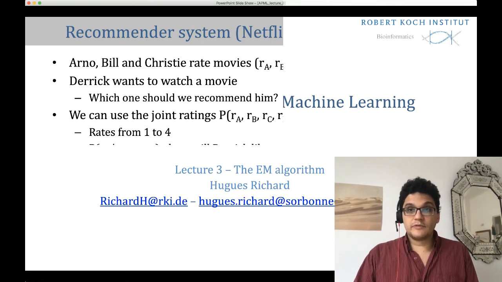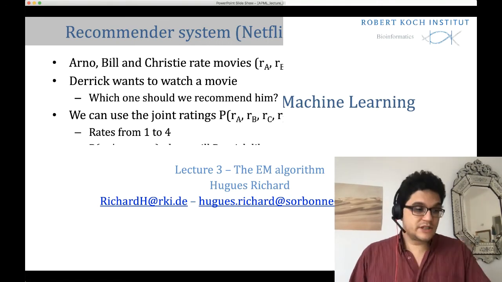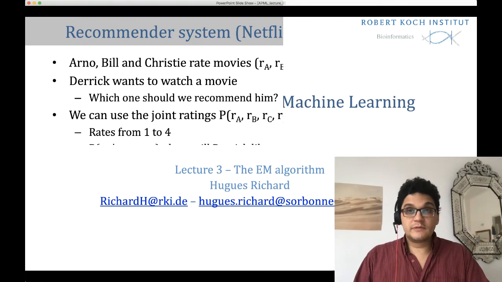And so just to summarize the setup on a very simplified example, let's imagine we have four people: Arno, Bill, Christian, Derek. They all rate movies. And we have the ratings of all those people together for different movies. And so let's imagine that Derek wants to watch a new movie, and we know the movies already. So which can we predict